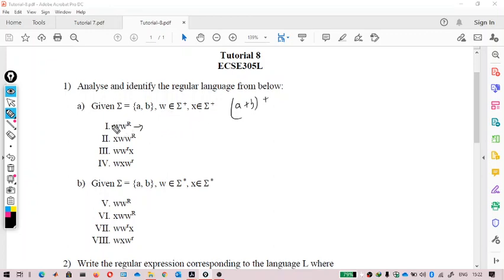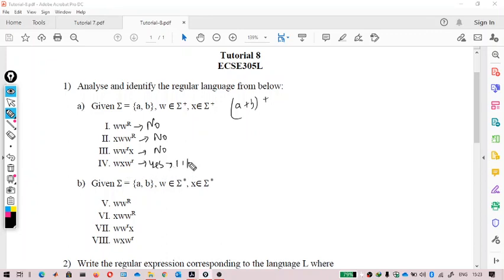In that language, this is not a regular language, because I have to remember the number of symbols in W, and then I have to see the reversal of it. In the same way, if you remember this part, this is also not a regular language, because I am not able to generalize this by fixing W and W^R. I have explained this in plenty of detail in the lecture. In a similar way, if this is not regular, this is also not regular. And this particular language is regular, because we have seen that by fixing the length of W to be one, it can be generalized.